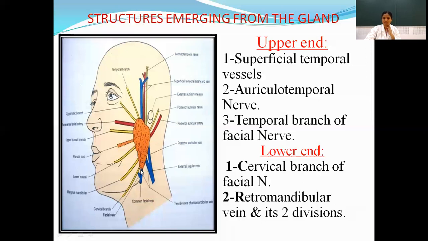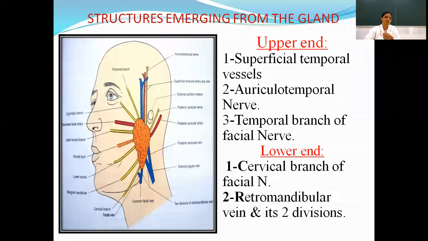That is nothing but the apex of the gland. At the apex, you can see very clearly an important nerve. This is the cervical branch of the facial nerve. It leaves the gland. Then we can see the division. Here, I already told you, the retromandibular vein. The retromandibular vein here is forming the external jugular. So exactly at the lower end or apex of the gland, we can see the formation of the external jugular.